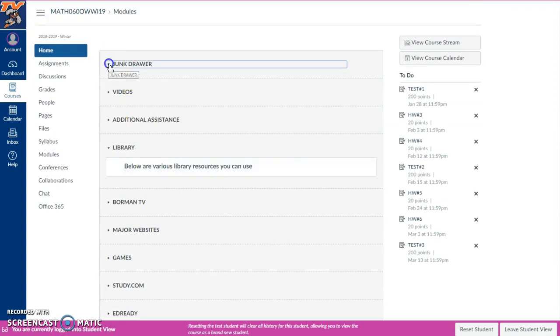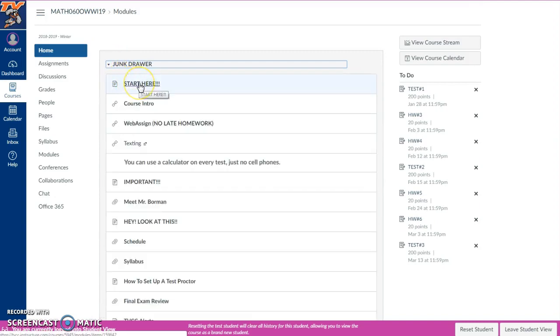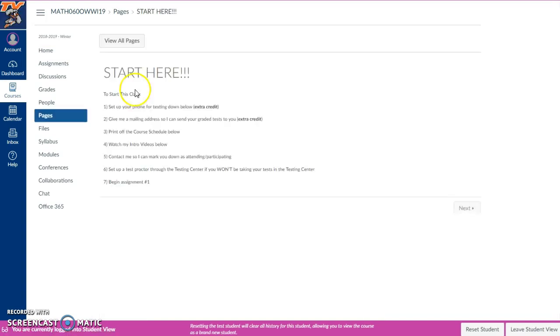So the first one, the junk drawer, says Start Here. Okay, right at the beginning. And it has some important things here for you to read and do. Now, I'm not in the habit of giving extra credit, but I do give a couple forms of extra credit right off the bat, right there. So these are some things that are important for you to look through and to take care of, okay? And to not wait on, just get right on it. Okay, so if we go back to the home page,